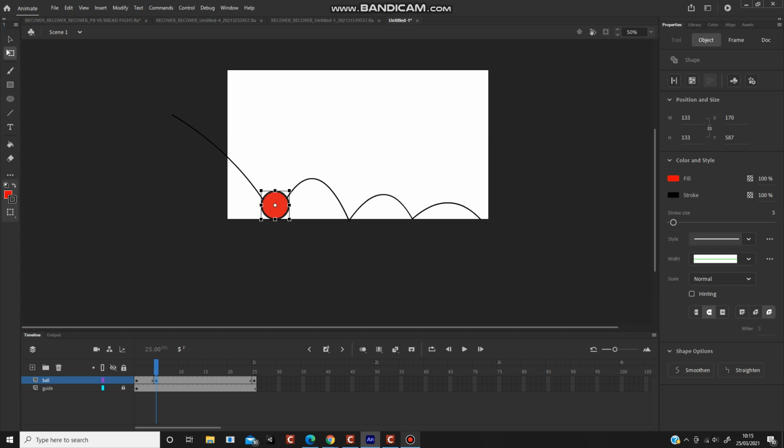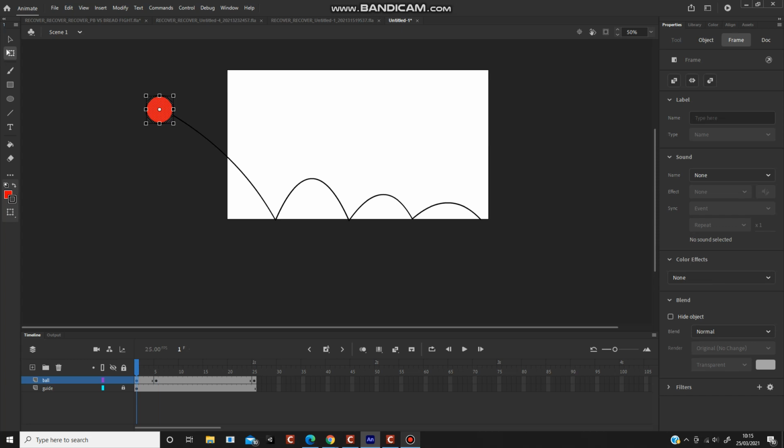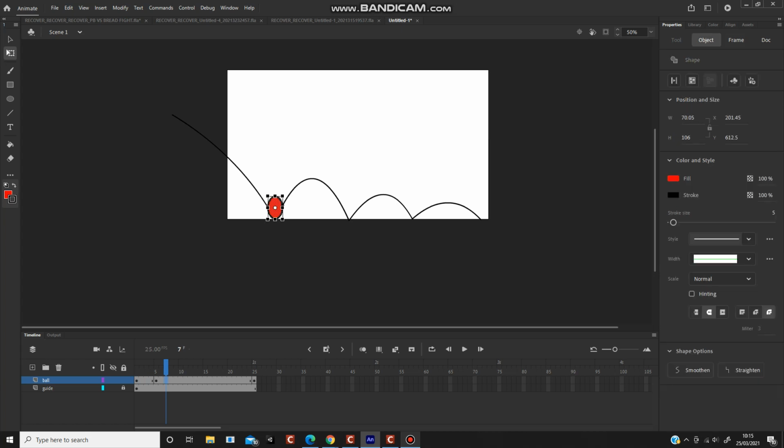I'm going to give it a little bit of squash, and if you squash something, you've got to stretch it just like that. Bring it down to the bottom. That's the first impact. So we've got from there to there, and then in between 10 and 5, so about 7 somewhere, I'm just going to bring the ball back to how it was,